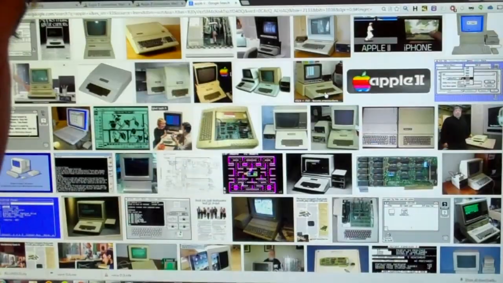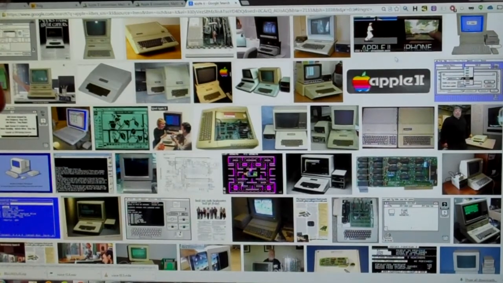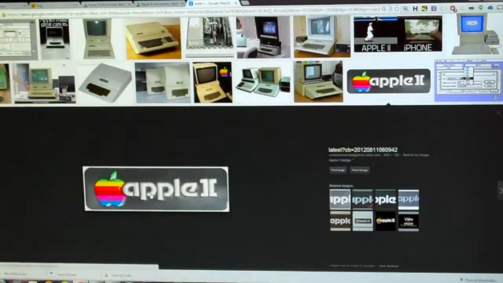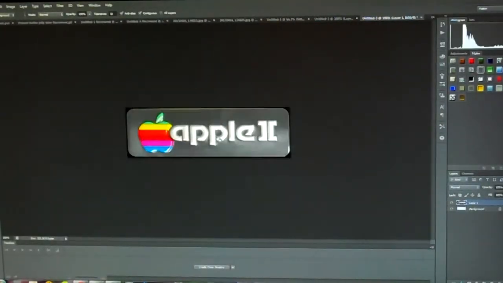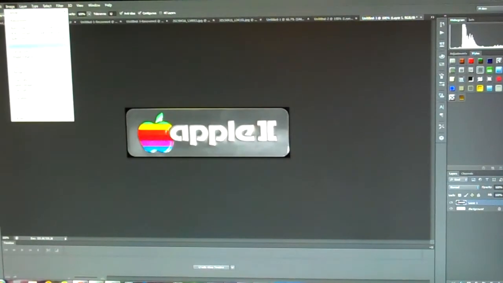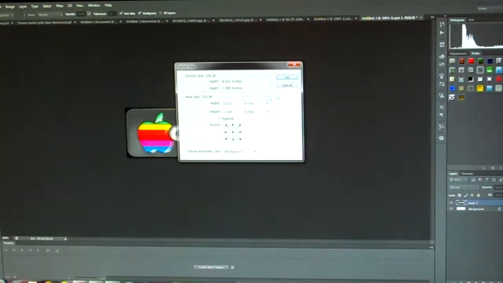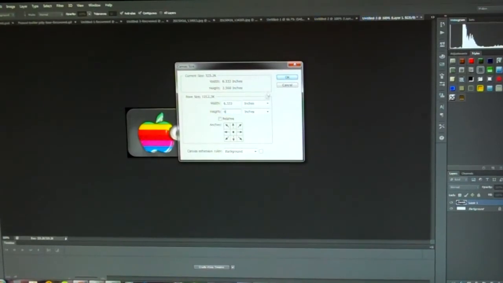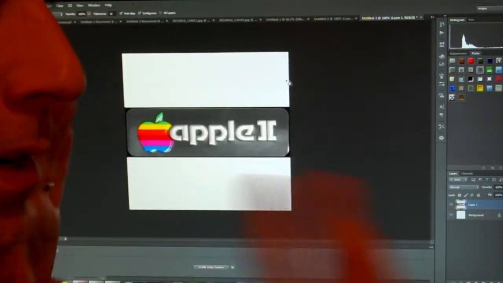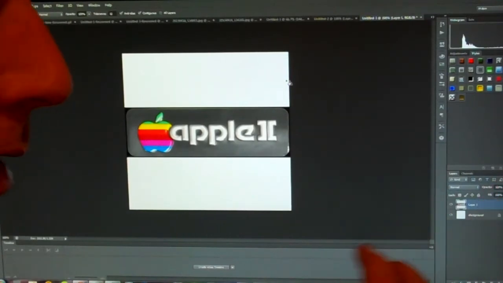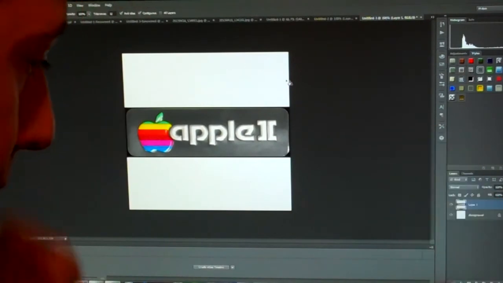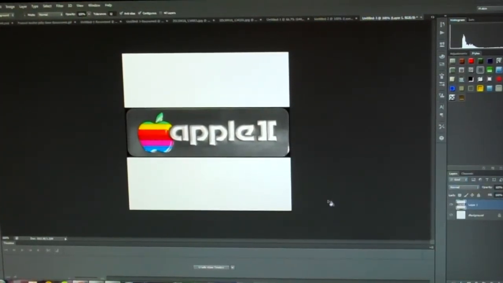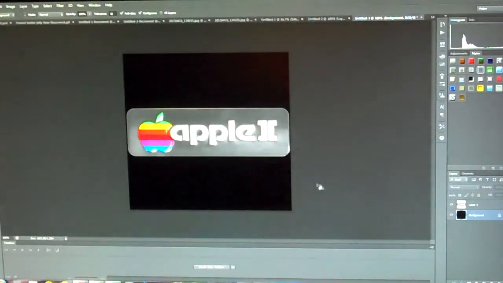We're looking at Photoshop here. I'm going to switch to a web browser and just did a search for some Apple II images. I like this one. I'll go ahead and copy this image. Go back to Photoshop. Let's put it in a new document. I'm going to make the canvas a little bigger so that it's kind of squared. Now I'll warn you right now that the aspect ratio is different on the double low res screen than it is on here, and if you're used to emulators you'd know what I mean, where things get stretched out a little bit horizontally on most emulators, the way they're presented on modern displays. So I'll make the background the same color, and